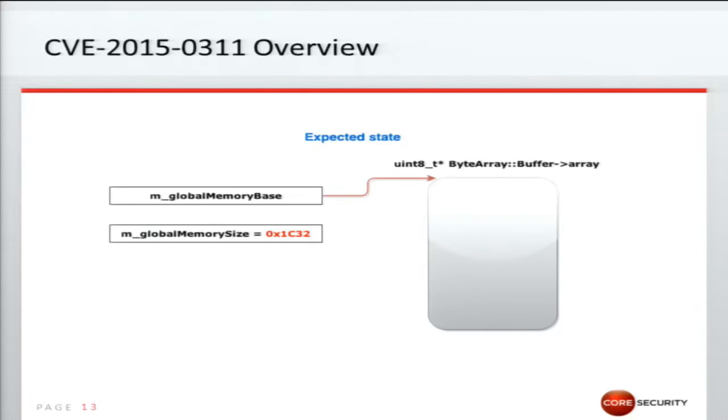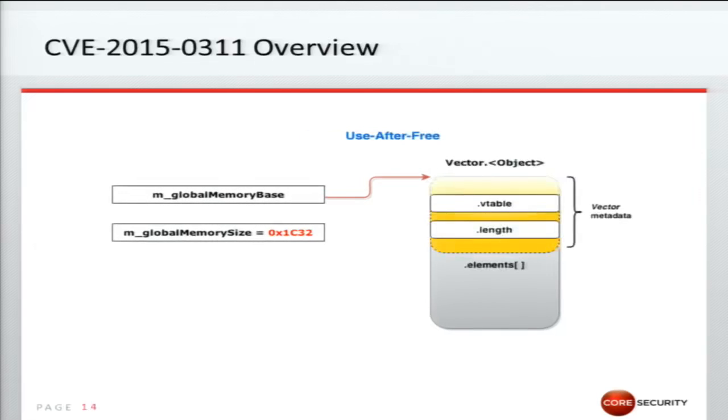But after the free has happened, dangling memory can still reference that buffer, and we managed to occupy that memory hole with a vector object. So we are occupying that memory hole with the vector object, which contains the elements of the vector, but also the metadata of the vector, and that contains a pointer to the vtable and also the length of the vector. And this vector object was really useful for exploitation purposes because we can corrupt this length field, and if we overwrite it with a really high value like FF, we can gain arbitrary read and write memory access to the